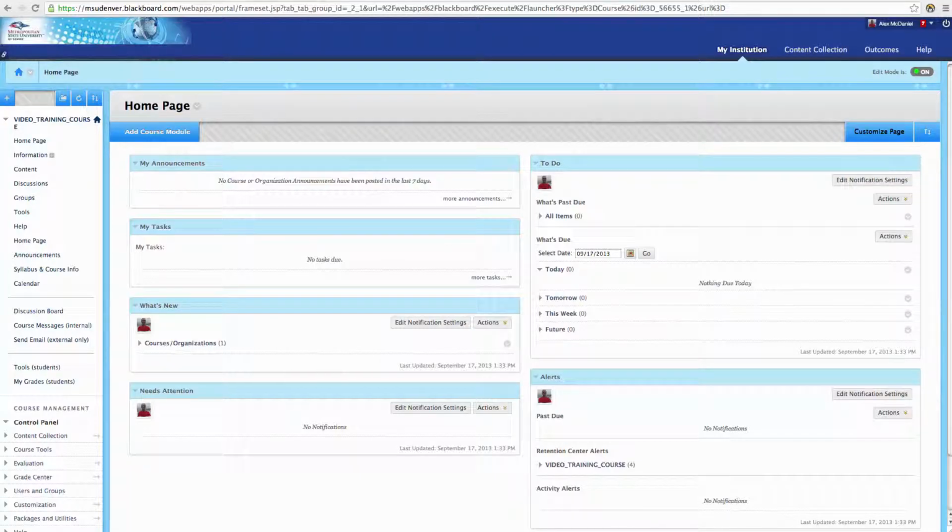Create a learning module. Learning modules are a pretty good way of organizing content from within your course. They allow a navigation structure on the left-hand side that students can use to move through content throughout your course.